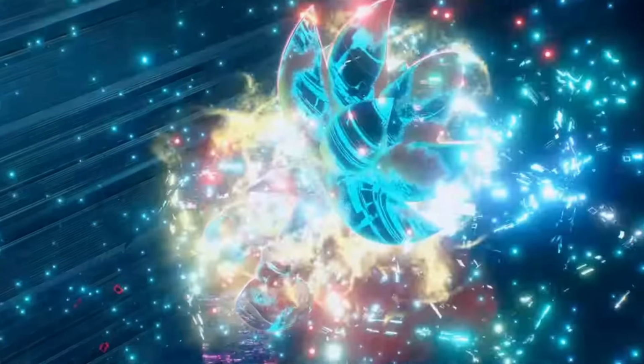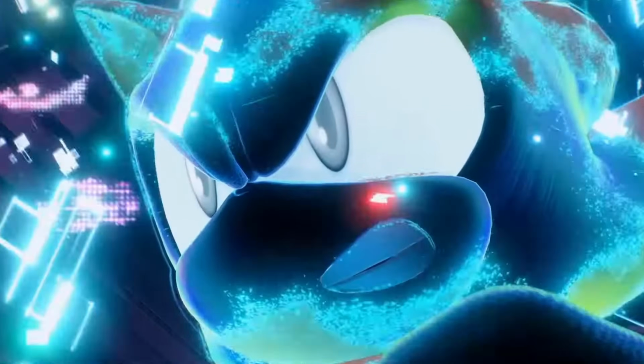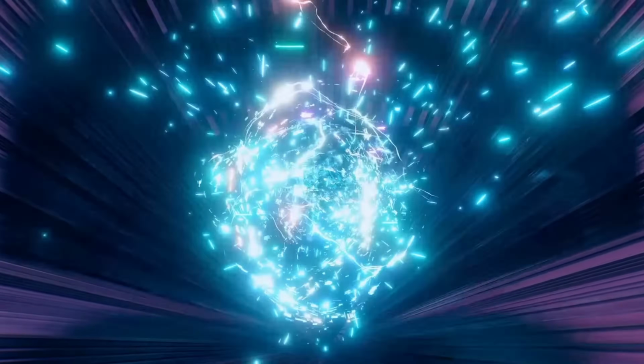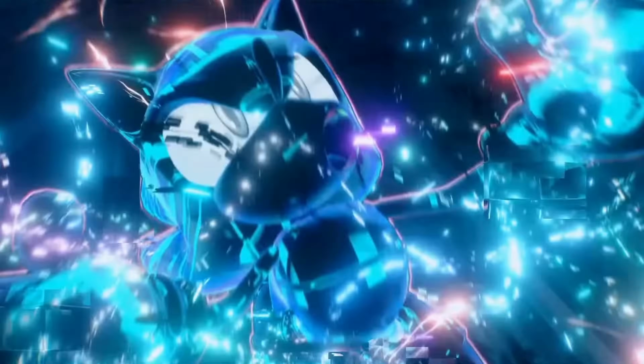And another thing that I think they won't add, but I do have high hopes for, is Cyber Supersonic. We never truly get to play as that form, and we only ever see it in cutscenes, so it'd be really cool to be able to potentially play it, even if it is just a skin. Just to get more of a look at it, and just see how crazy it would look inside of a game like this. While I think that there are truly endless possibilities of what they could do with this,